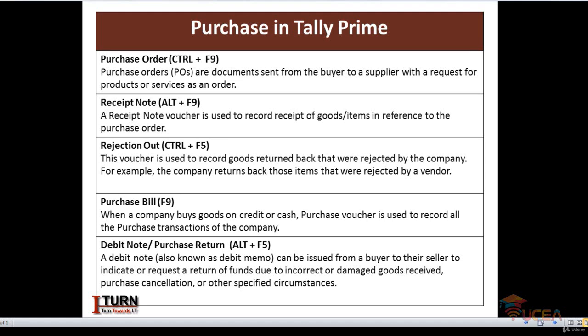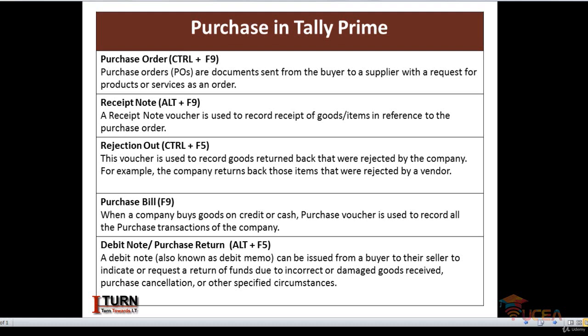Now, what is a purchase order? A purchase order is the commercial document which is sent by the buyer to the supplier with the request or intention to purchase a product or services. Now remember one thing, while a purchase order is being generated, the product has not been received by the buyer from the seller, nor has the payment been made. Remember, this is not an invoice. This is just an intention to purchase a particular amount of products or goods from the seller.